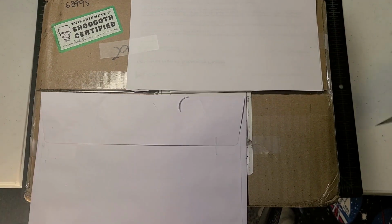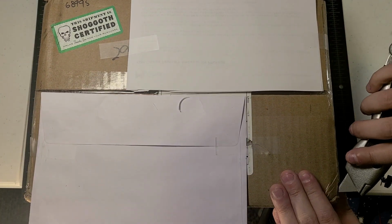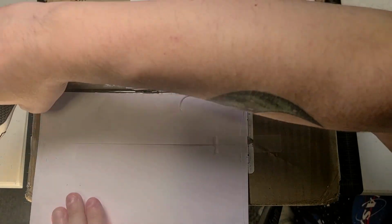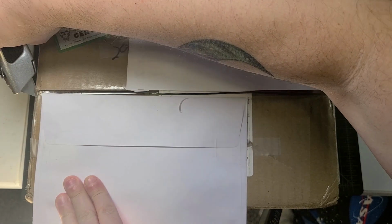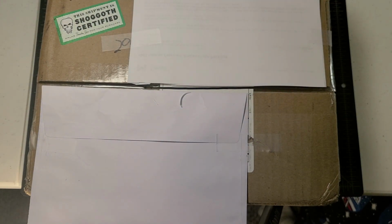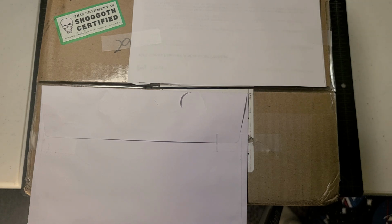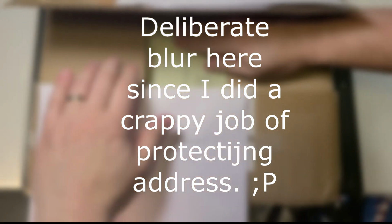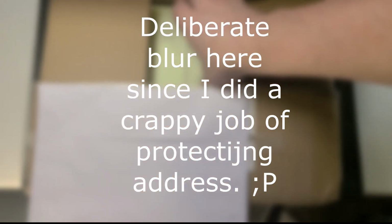Now, I'm not going to make the unboxing the main feature of this video. I'm going to do something a little bit different in this video because I like to keep things fresh. In this particular case, yes, I'm going to open the box so you can see what's in the box. I have a feeling that at this stage, given that I am one of the later unboxers of this shipment, you've likely seen this before, but